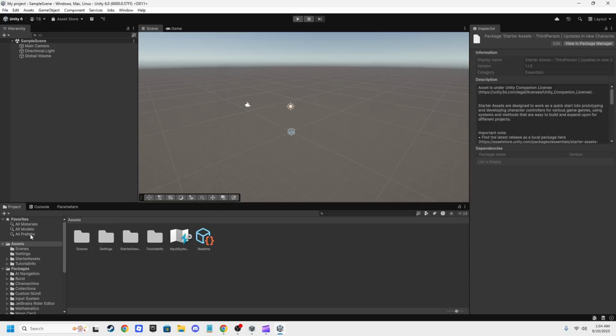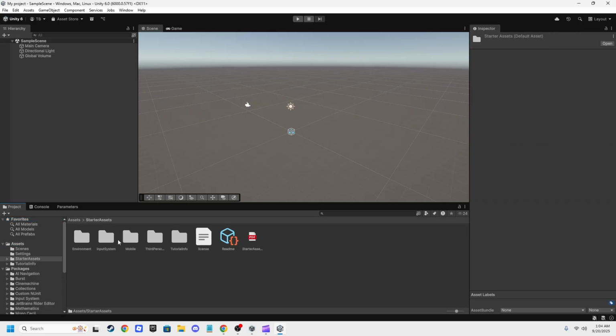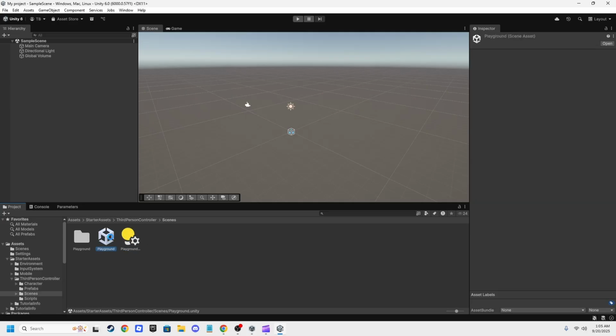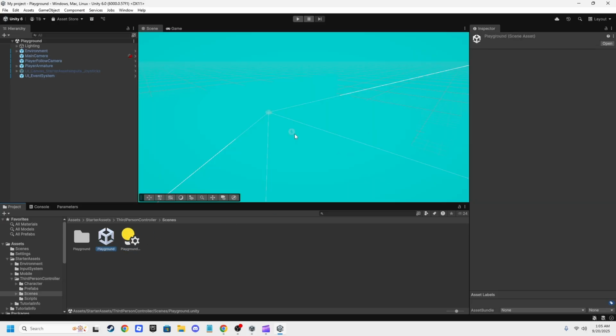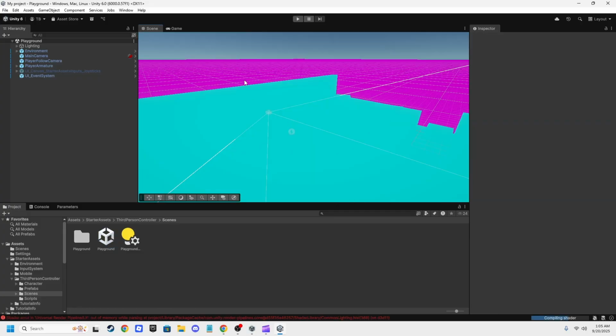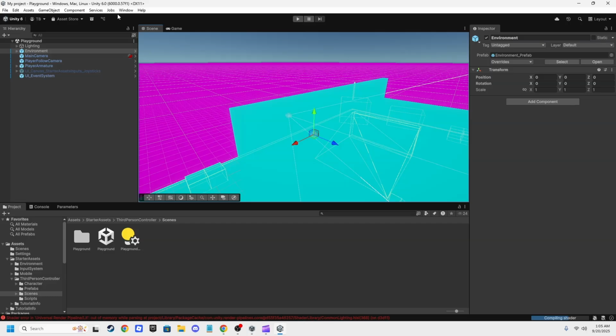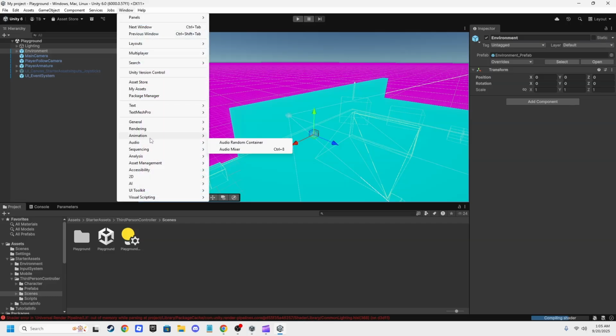So if it says that, go to project and then under favorites, go to assets. Go to starter assets. Go to third person controller. Not prefabs, don't go there. Go to scenes and then go to playground and this will open. If it's missing textures or something's pink like this in the back, just go to